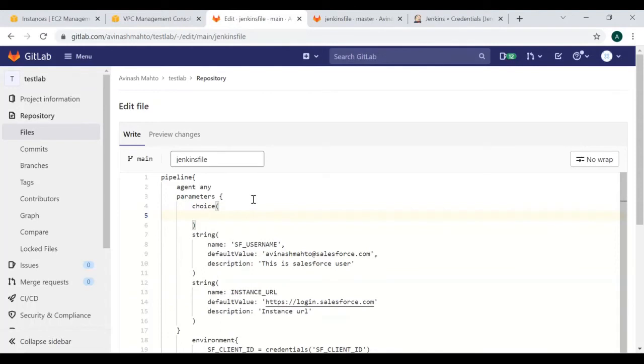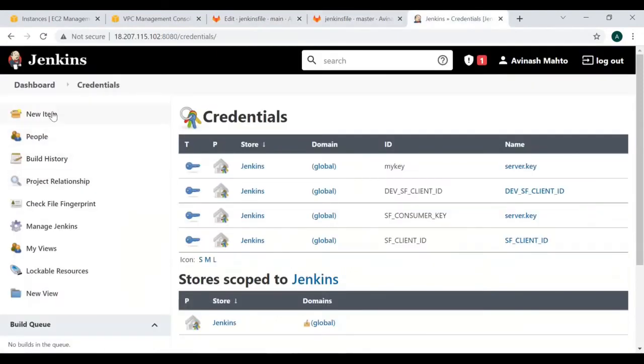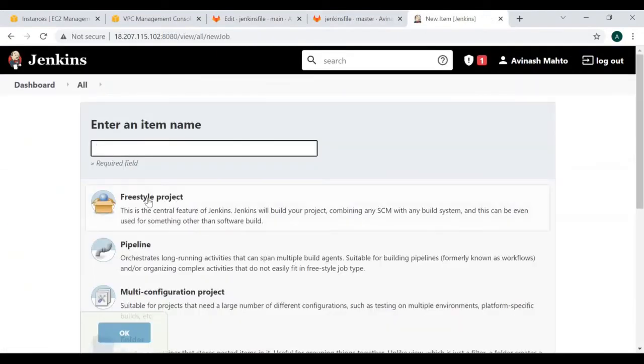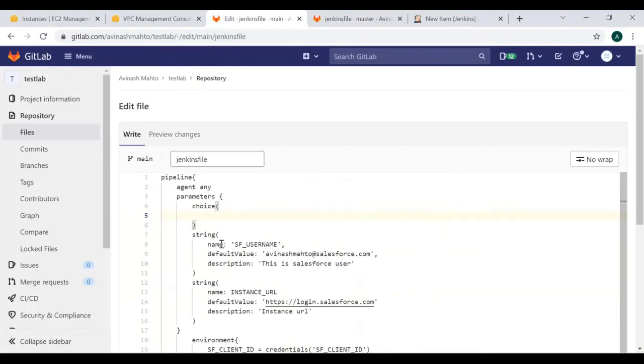If you are not comfortable with the syntax, then you can simply create one freestyle job here, define the parameter sections, and inside that you can choose the parameter. And you see the values which we are using here, right? These values will be the same, and accordingly you can put them, like name, default value, description section, etc.